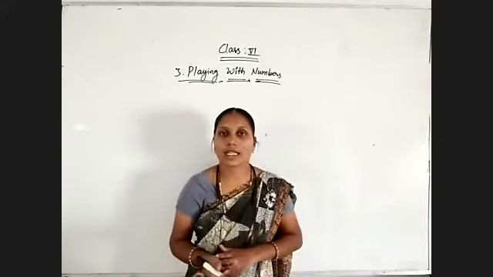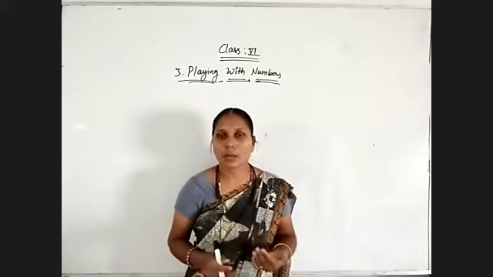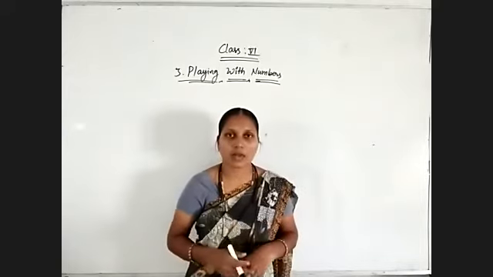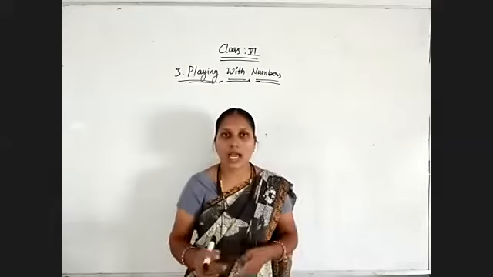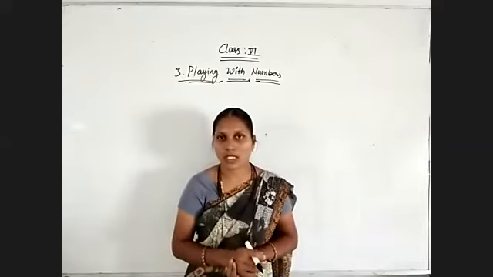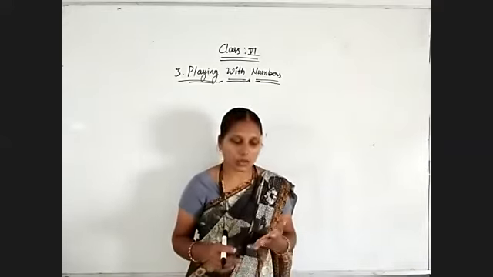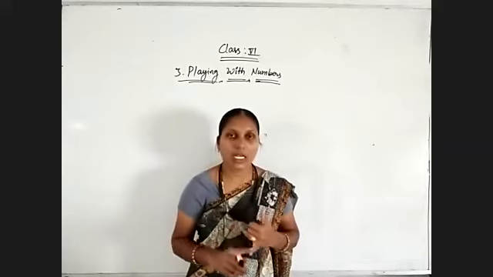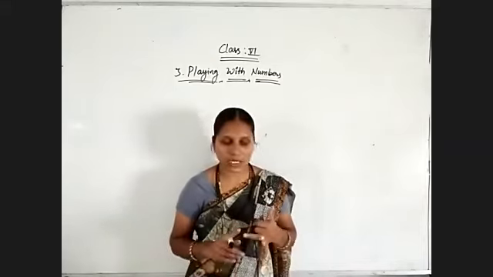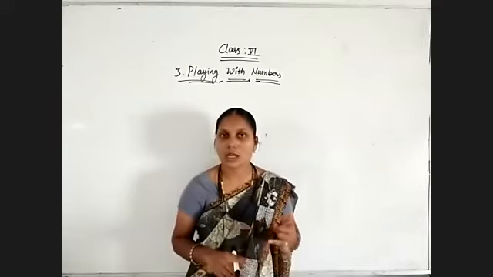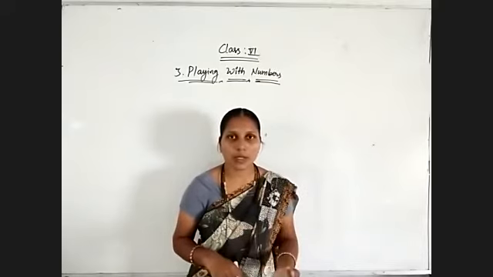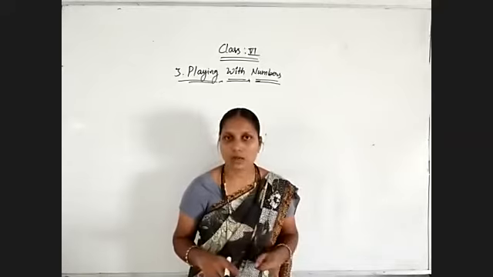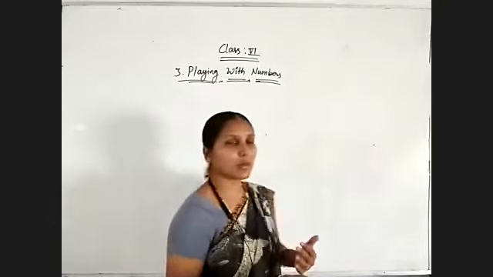Today we are going to discuss common multiples and least common multiple, LCM, and how to find the LCM. In our previous class we discussed common factors and how to find the HCF of given numbers. Same here, to find the LCM we need at least two numbers. That means for a single number we can't write common multiples. Two or more numbers are needed, then only we can find LCM and HCF also.